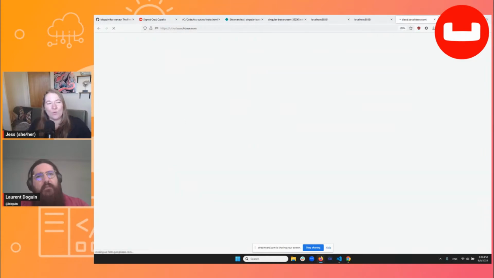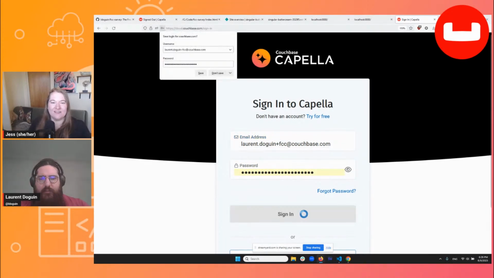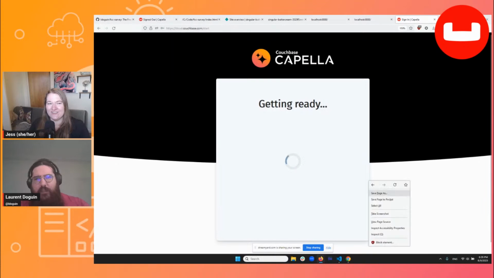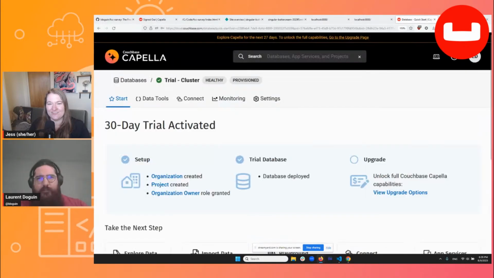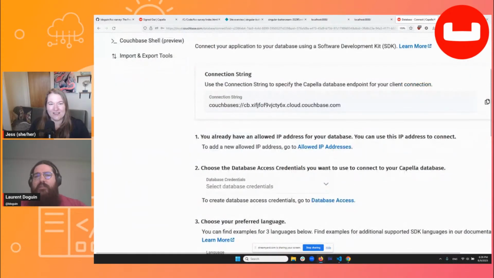I'm logging in again to Couchbase Capella, which is the account we created at cloud.couchbase.com to have a database. It's a long, automatically generated password. And you can see the tab called Connect. The good thing about the tab called Connect is that